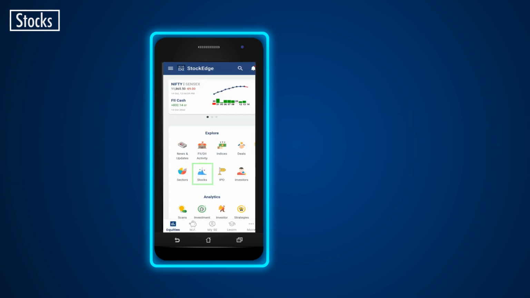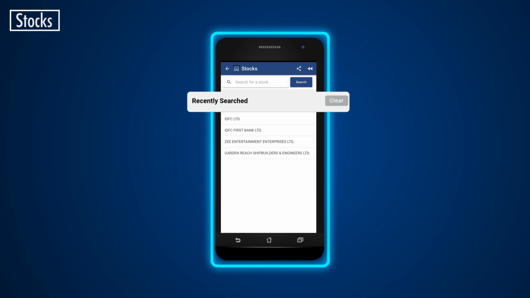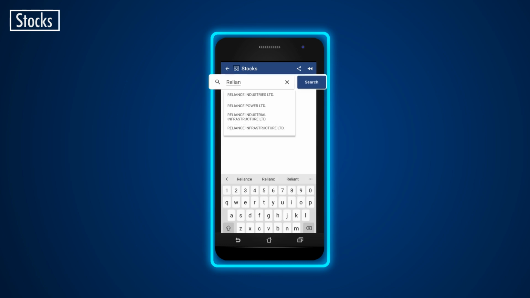When you click on the stocks icon, the first page that you will see will contain a search bar. Here, you can type the name of any company you wish to research about. Selecting any stock will result in the company getting automatically added to your recent searches. So, you will not have to search the stock name again and can simply choose it from the list of